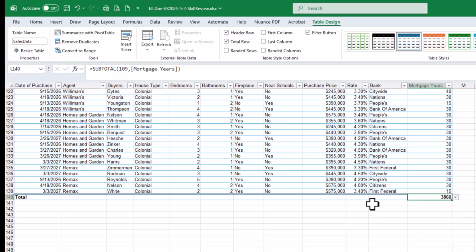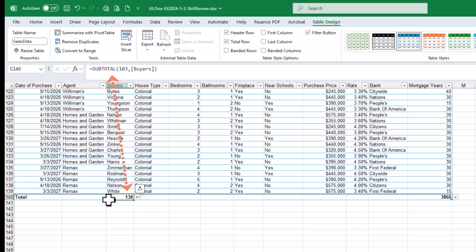Let's follow our instructions. In the buyers column, click in your total row. Now again, puffy white plus sign, click in your total row, and they want a count. So all I have to do is click on this drop down arrow. Now, am I counting numbers or am I count A? We learned that function earlier, correct? Click on count, just plain old count. And it tells me 138